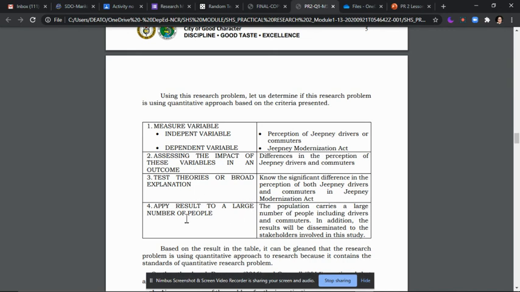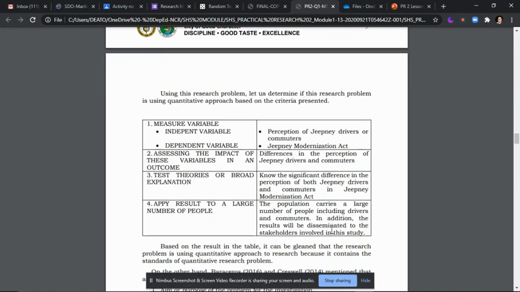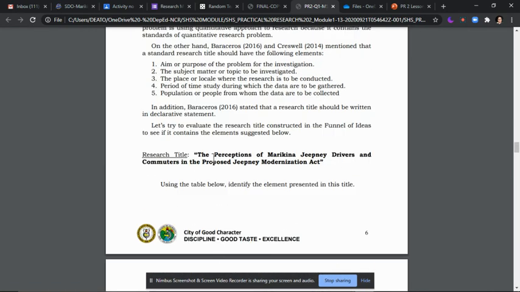Apply results to a large number of people: the population carries the number of people including drivers and commuters. In addition, the results will be disseminated to the stakeholders involved in the study. Ang nabuo ng title ay The Perceptions of Marikina Jeepney Drivers and Commuters in the Proposed Jeepney Modernization Act.